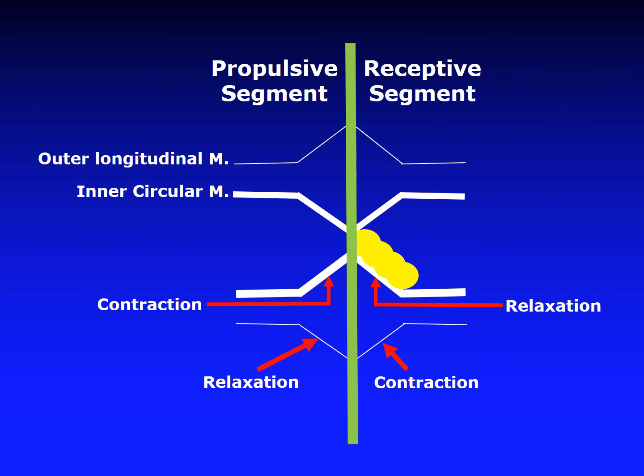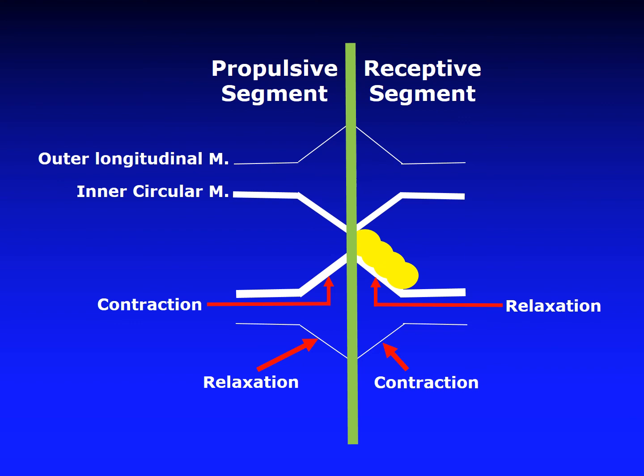At every point, you have to create these two segments in order for you to milk the ingesta in the anal direction. And when you do that, you contract the circular muscle and relax the longitudinal muscle in the propulsive segment,